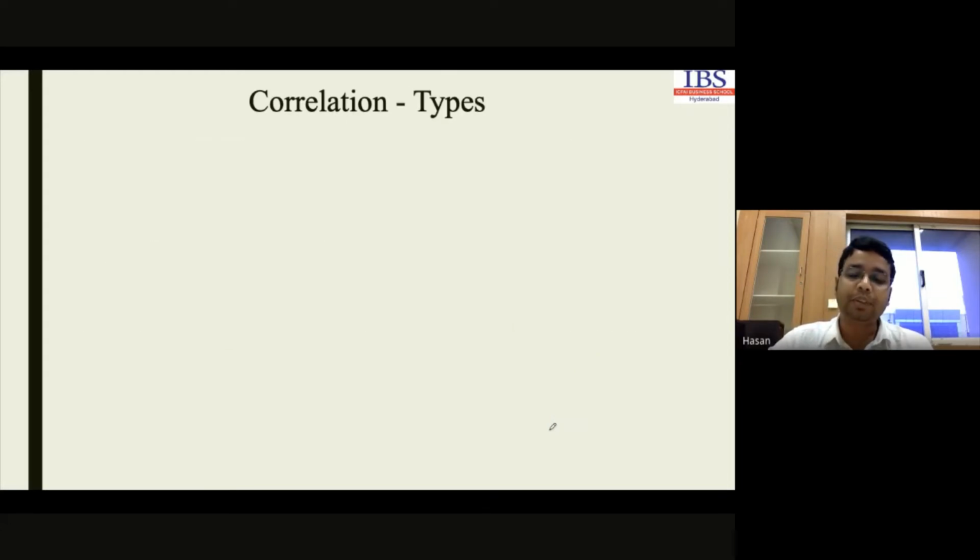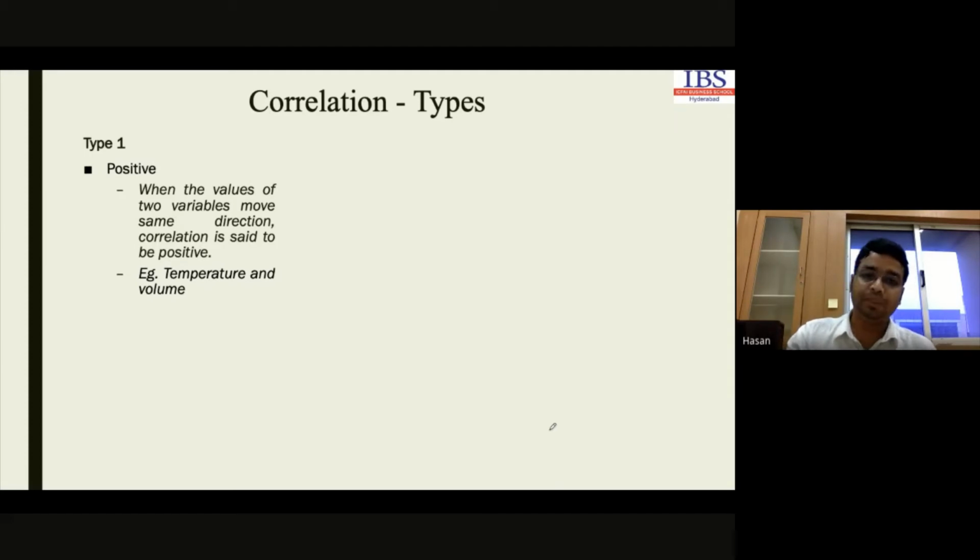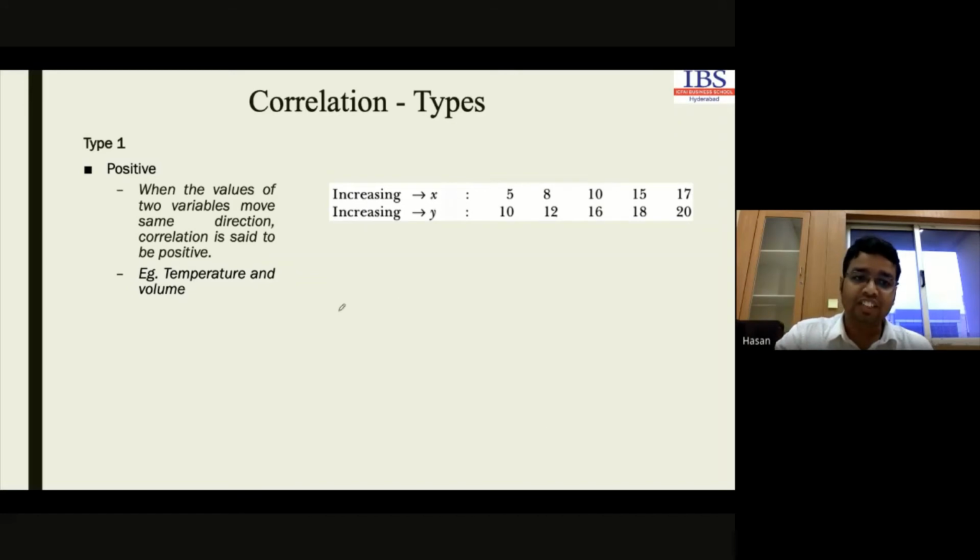And there are multiple types of correlation. Basically three groups. The very first one is type 1. In type 1, we may have positive correlation or negative correlation. Positive correlation indicates that if we increase the value for x, look at this example. If we consider y is a function of x, that means if we change the value for x, it will definitely change the value for y. And the direction matters.